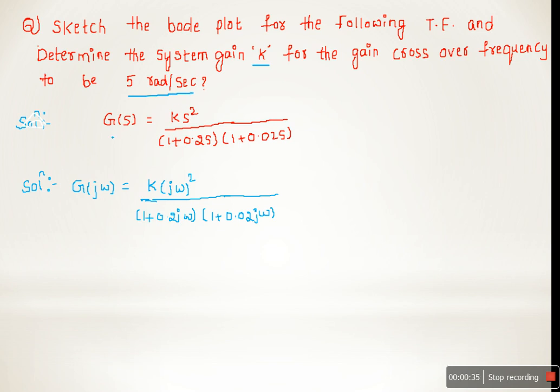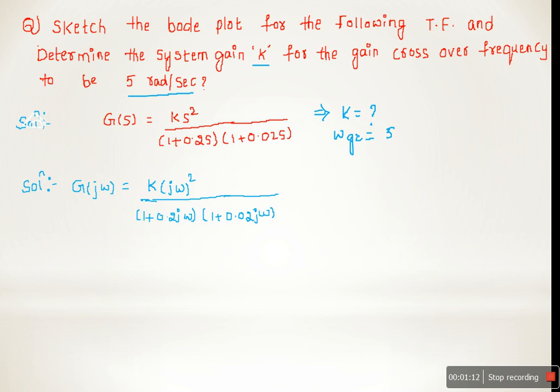The given transfer function G(s) is K s squared divided by (1 + 0.2s)(1 + 0.02s). We have to sketch the Bode plot for this transfer function and find out the K value when the gain crossover frequency is 5 radians per second. In order to draw the Bode plot, first we have to write the sinusoidal transfer